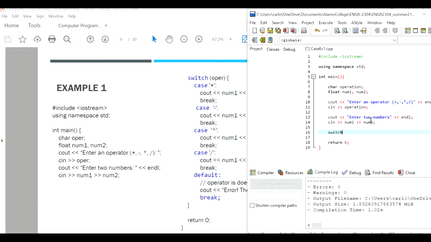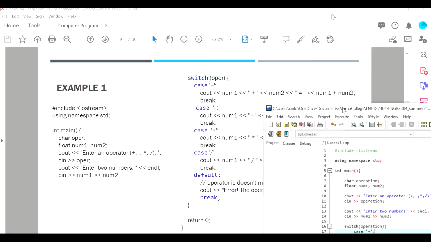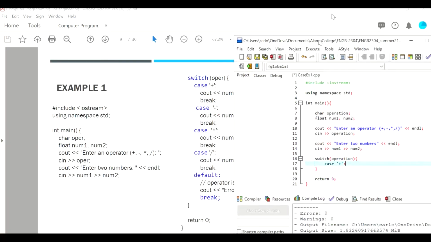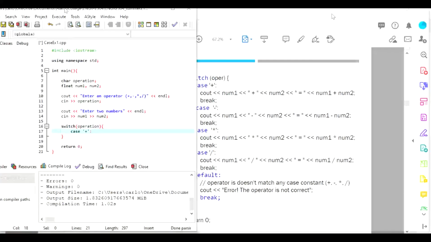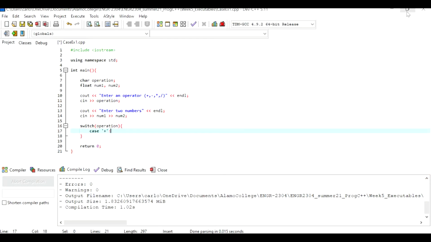Switch, and then we're going to use operation to create our logic. So curly bracket open and curly bracket close. So case 1 is going to be for summation and colon, and then what are we doing here? We're saying that num1 plus num2 equals, oh yeah, so we can say